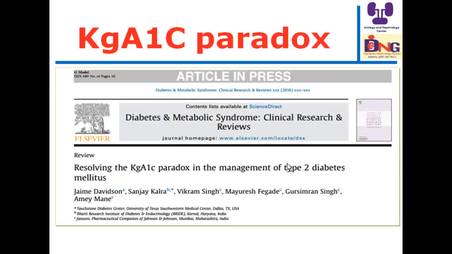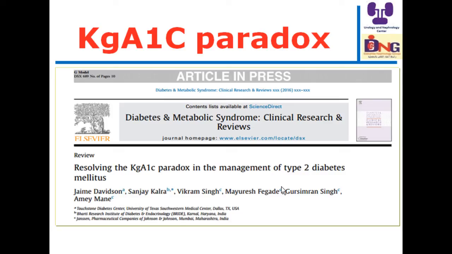One of the important points that I want to share with you is resolving the kg-A1C paradox in the management of type 2 diabetes by the use of sodium glucose transporter 2 inhibitors. What is the kg-A1C paradox? Kg means body weight in kilograms. A1C means glycemic control as reflected by hemoglobin A1C. If we reduce hemoglobin A1C by using a potent anti-diabetic drug,